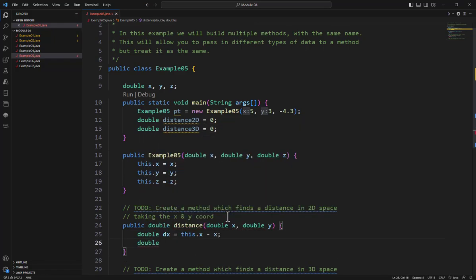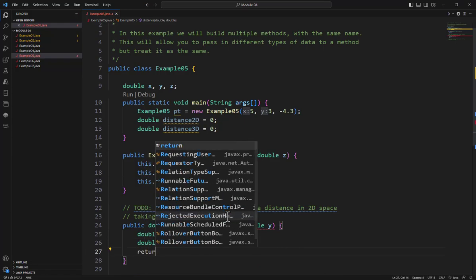Then you have a double dy. That's going to be for delta y. And that's going to equal this dot y minus y. Now you might be asking, well, what happens if what's passed in is bigger than what I have? I might have a negative value. That's okay, because we're going to square those delta values. So how am I going to do that? Well, quite simply, I'm going to say return